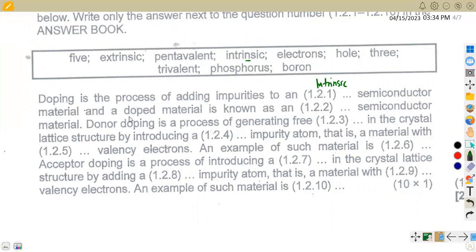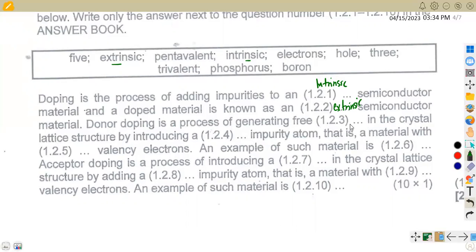All right, doped material is known as an extrinsic semiconductor. So this is an extrinsic semiconductor. Now, donor doping is a process of generating free